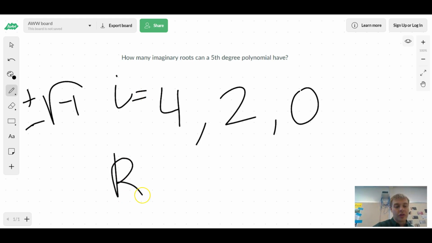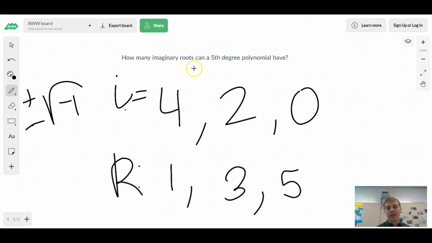So this is my imaginary roots, and that's what I was asking for. If I wanted to know my real roots, we use our imaginary roots to get to 5. So this is 1 off of 5, so then I have 1 real root. This is 2 off of 5, so I have 3 real roots. And if I had 0 imaginary roots, I'd have 5 real roots. Your imaginary roots and your real roots always have to add up to the degree of the polynomial. So your polynomial degree will be the number of roots that you have. Imaginaries will come in pairs. Real numbers don't have to come in pairs